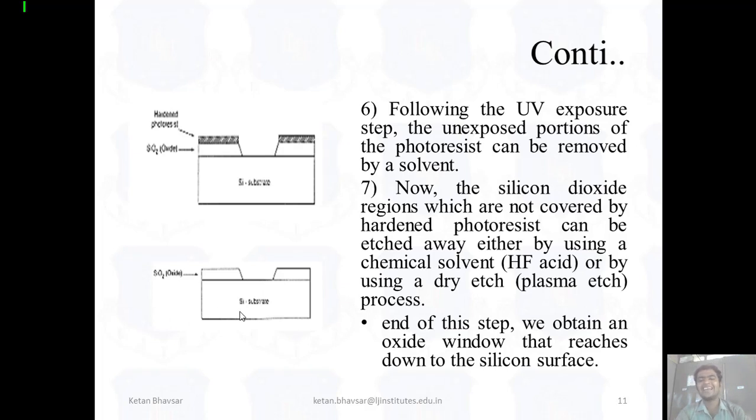Fine. So in the exam, if the question is to write down the basic fabrication steps, then you have to write down these 7 steps. And if someone asks you for the NMOS fabrication or PMOS fabrication, then again we have some more 7 to 8 steps for the fabrication technology.